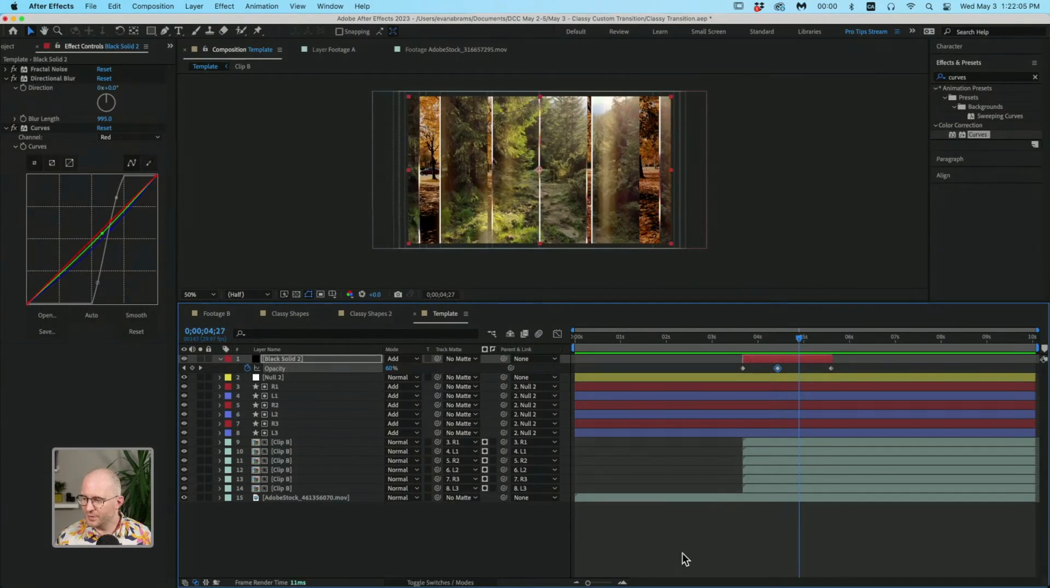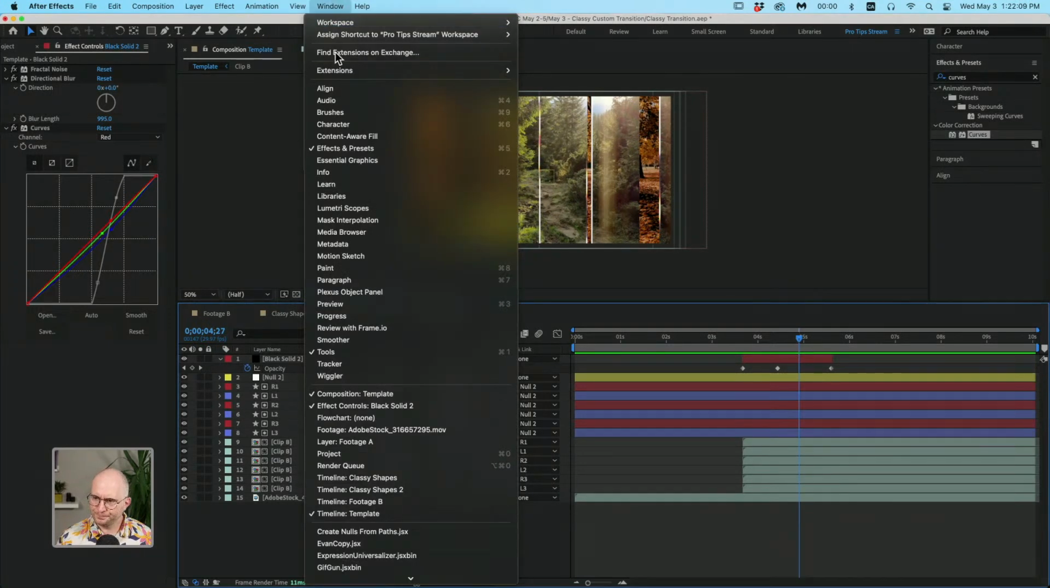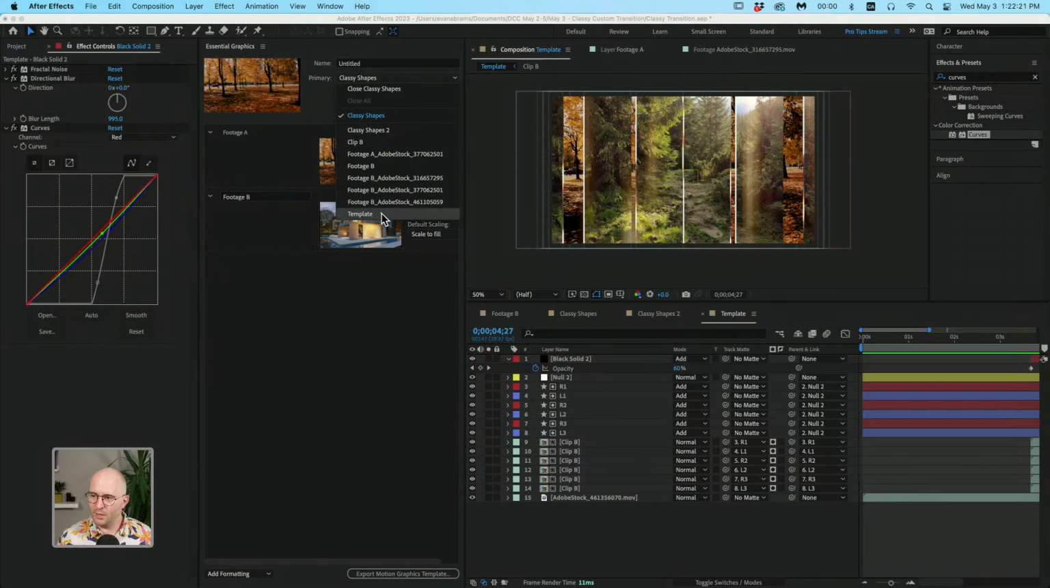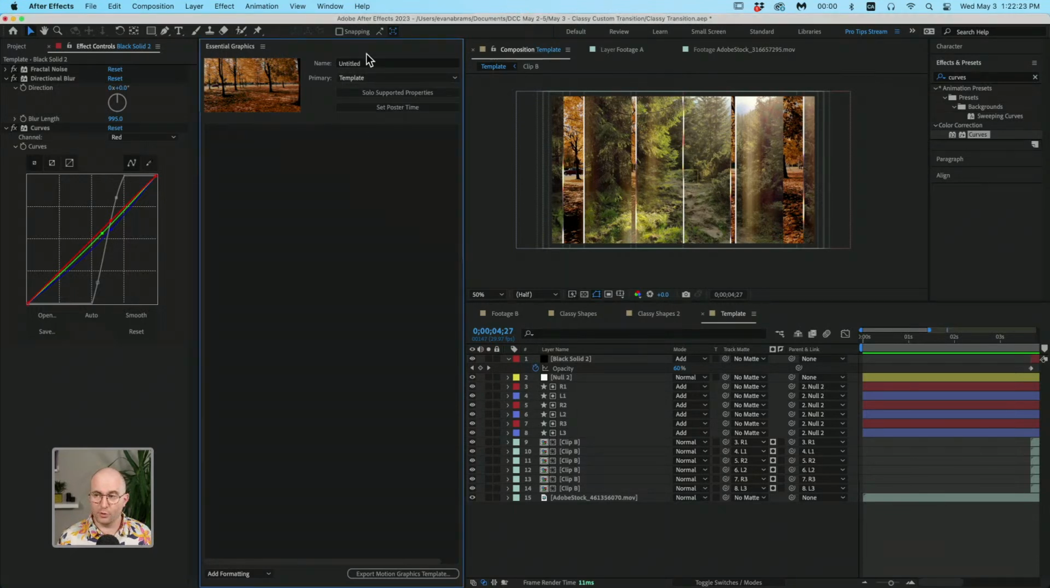But how do we turn this into a template? Well, we want to go Window, Essential Graphics. This will bring up our Essential Graphics. This is the bridge between worlds, the Bifrost that will take us from After Effects to Premiere. You will change your primary to be template, the one that you're creating. You'll give it a name,